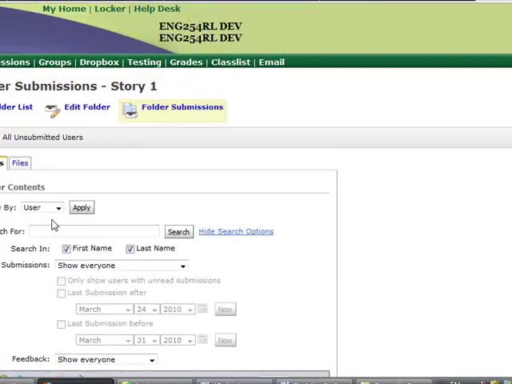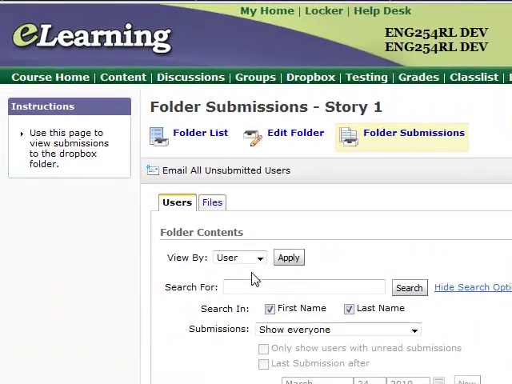Okay, another nifty option that Delta will need to decide if it wants to invest in. If you're familiar with Turnitin.com, should we go for a site-wide license on Turnitin.com, which is a plagiarism screening service, you can actually link your Dropbox directly to Turnitin.com. If you've worked with it before, it's just a little bit of a headache. You have to go in, create your course, create your students, have your students submit their work to Turnitin.com. There's a seamless interface between Desire to Learn and Turnitin.com, which is actually very, very nifty. But we need, as a college, then to do the buy-in for that. So if you want to encourage your chairs to push for that,